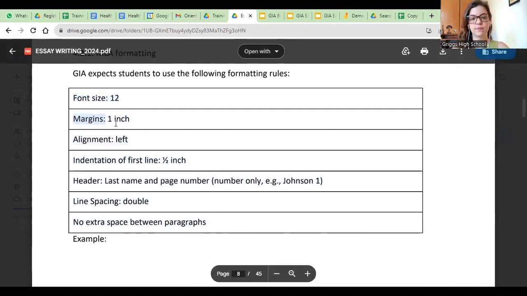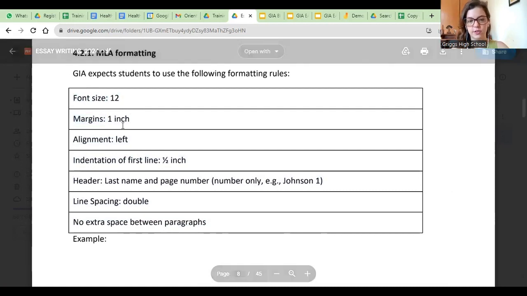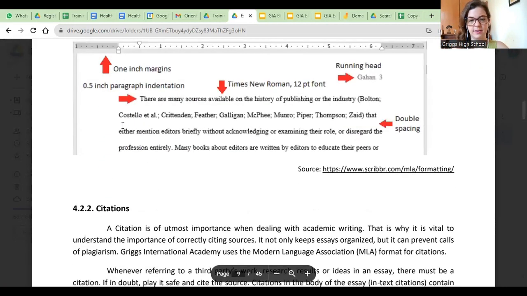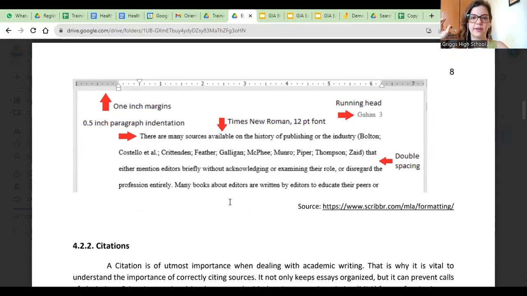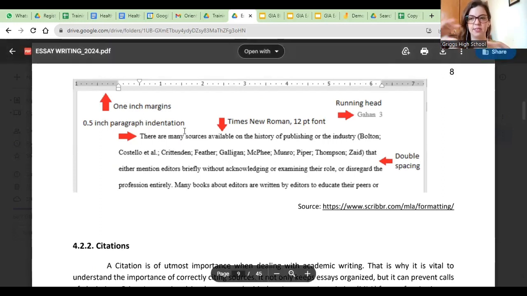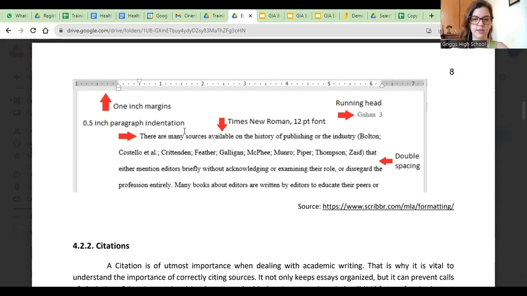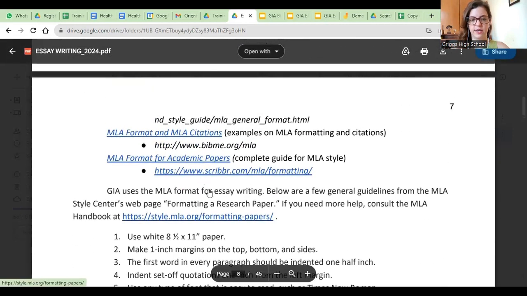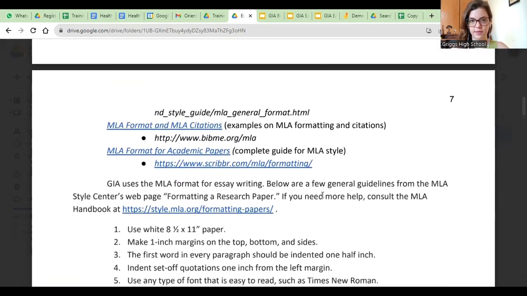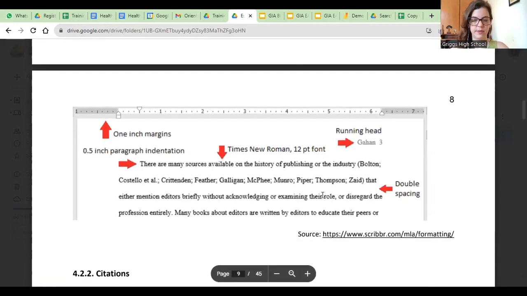Sorry, margins. You can show this to the students, teach them that you have examples of how it is supposed to be. You can take them to the school's lab, or if they have laptops, and get a random text and just have them format so that they can get familiarized with Google Docs or Word. But also give them access to the website so they can look for themselves, because they also need to have some independence and autonomy.